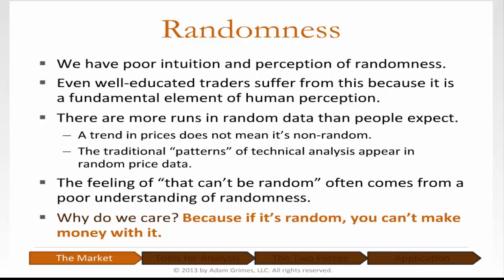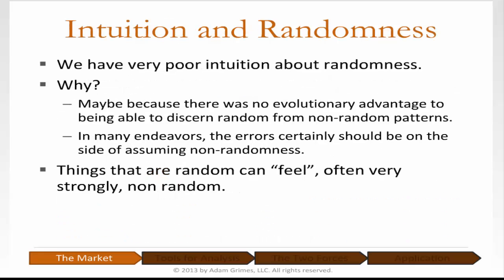And how do we overcome that? I'll share some ideas. The bottom line here is, if something is random, we can't make money with it. We have to have a non-random edge in the market. Otherwise, we're just kind of flipping that coin. We'll make money, we'll lose money over the long haul. And when I say we can't make money with it, be clear. I don't mean you can't have a winning trade, or you can't have periods of winning trades.